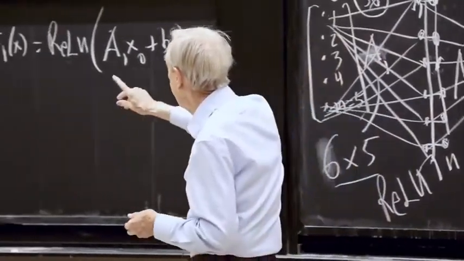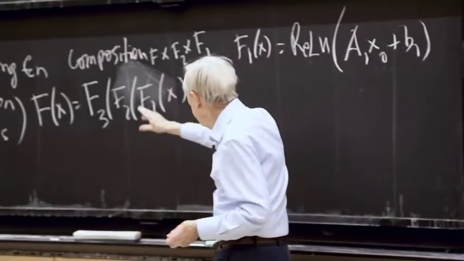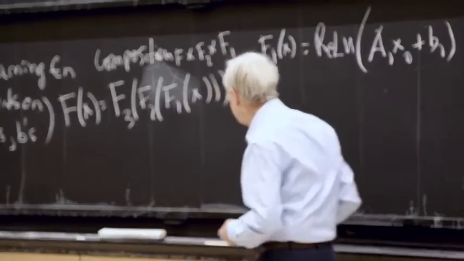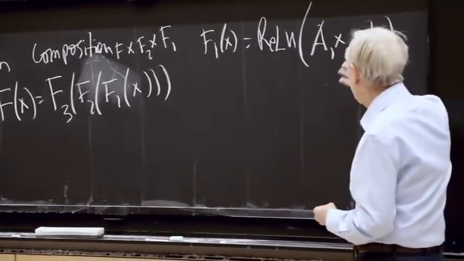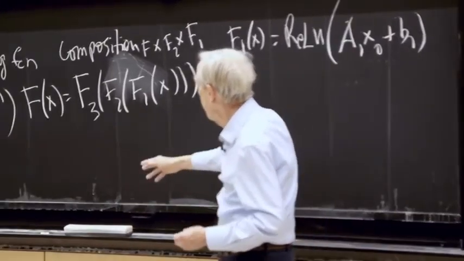Yeah, so that would be F1, and then F2 would have the same form, and F3 would have the same form. So maybe this had 36 weights, and the next one would have